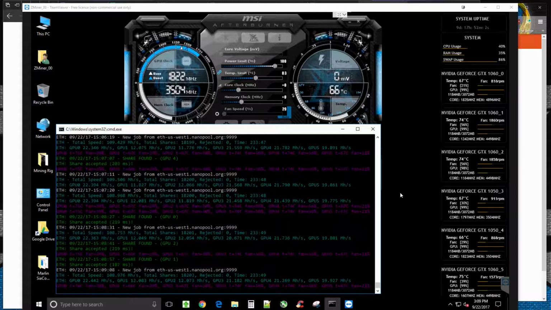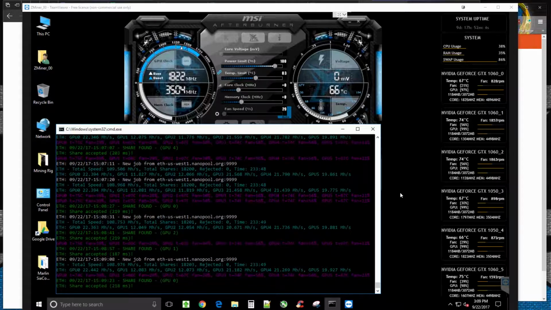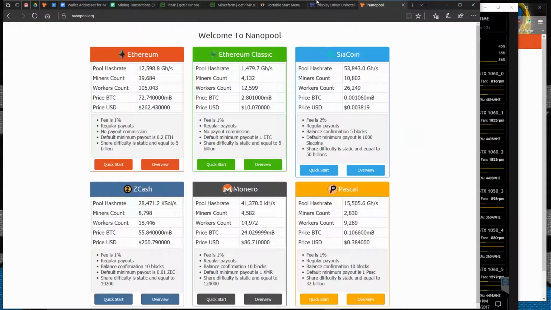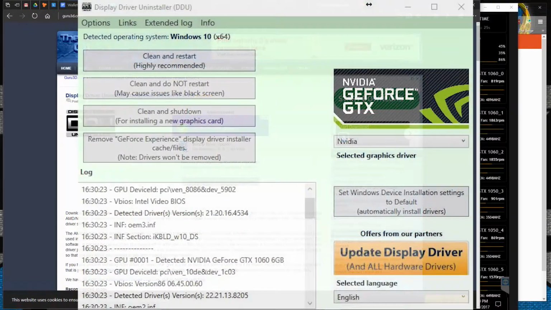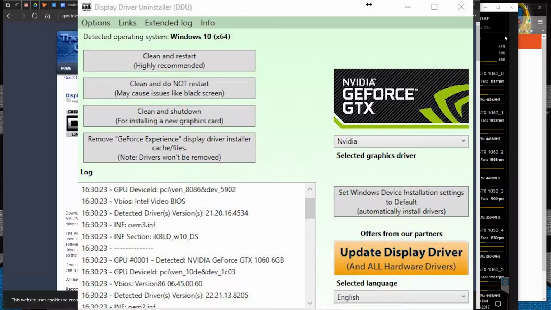And so, what you need to do first, if you've already installed the NVIDIA drivers, is wipe those completely using a specific program, which I'll show here. It's called Display Driver Uninstaller, so DDU. This basically will completely remove any traces of the NVIDIA drivers and lets you start fresh. So install this, run it, wipe the drivers, and then when you get back, what you're going to want to